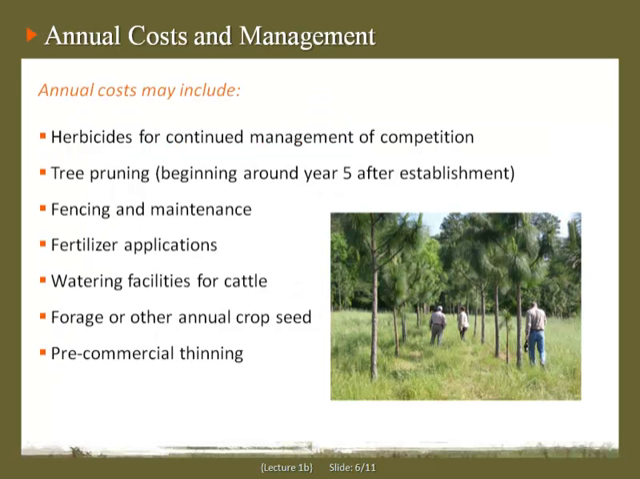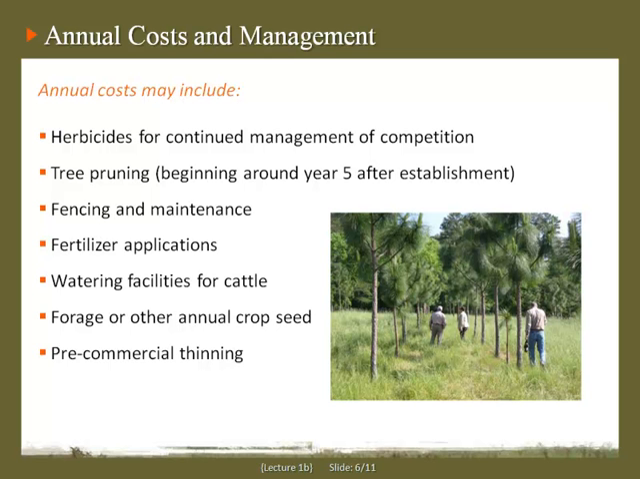There are a number of annual costs that also need to be considered and planned for. Annual costs may include herbicides, which may be required after trees are established to manage competition. Tree pruning is an essential element of silvopasture which may begin around 5 years after planting and will need to